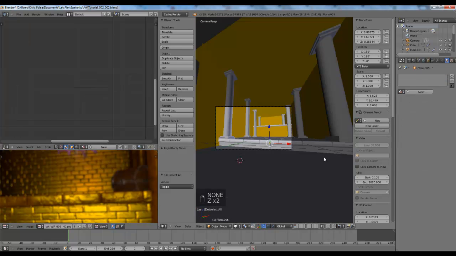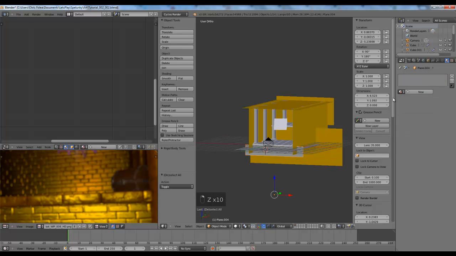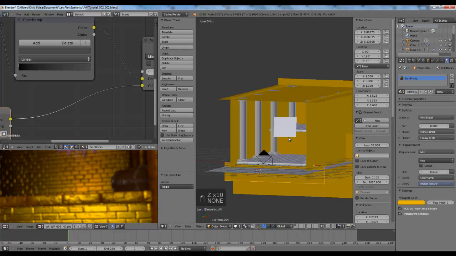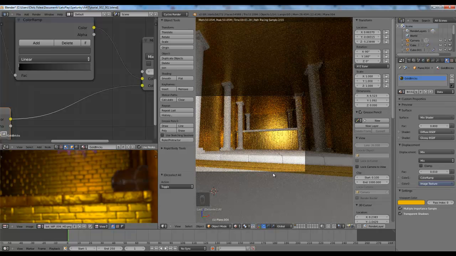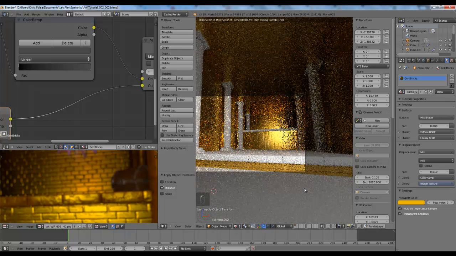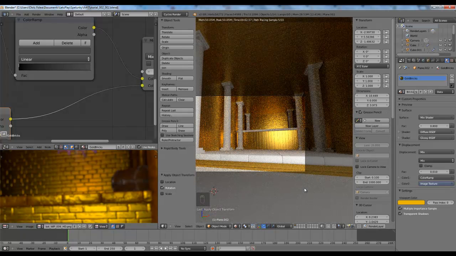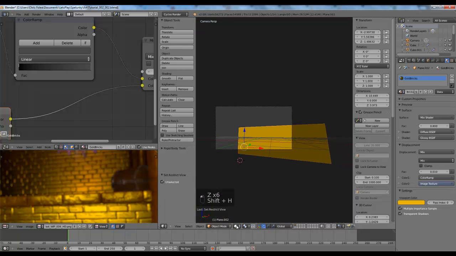So now this is not going to be perfect yet. This is still going to be problematic because not all of these planes are going to be rotated the correct way to have the bricks facing the right way. So let's take a look. See, this one is not rotated correctly. So, rotate X, rotate Y. Okay, so we're going to apply his rotation and render. Still not correct. Okay, so to fix this, we're going to hide everything except him